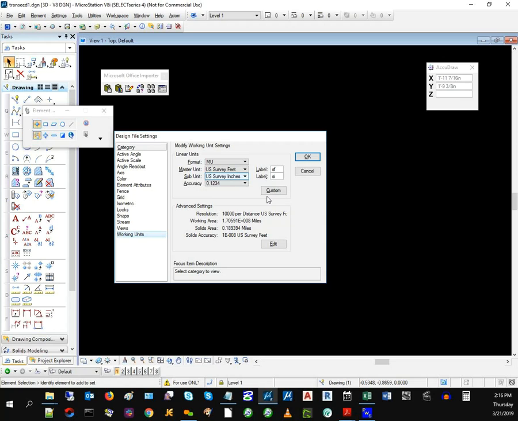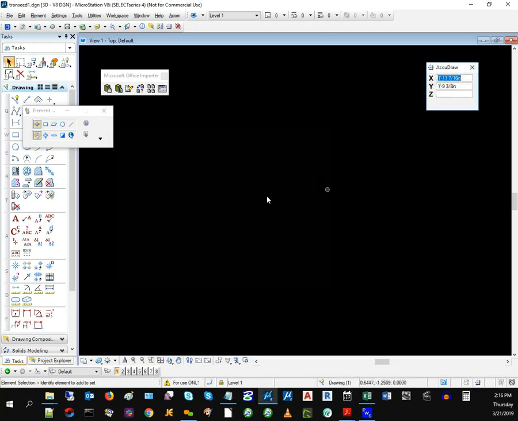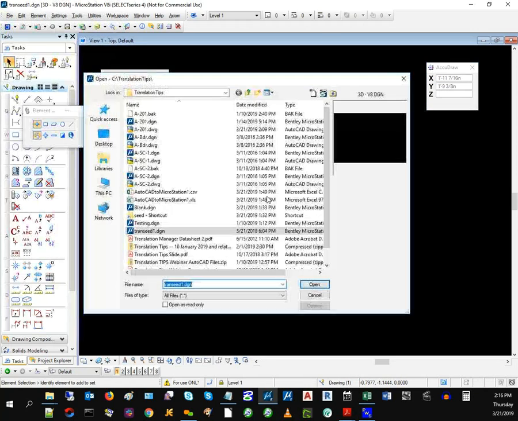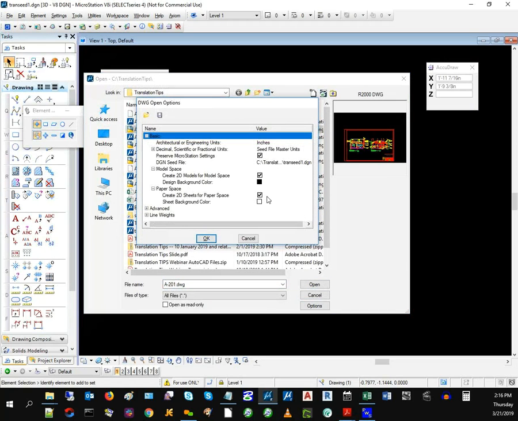The subunit is US survey inches, and then my accuracy I've got out to 4 decimal points. You can make it 4 decimal places. You can make it more if you need to. And now with that done, now that I've got that set, when I go back to File, Open, and select my DWG file, go back to Options, you notice that this setting for decimal, scientific, or fractional units, I set